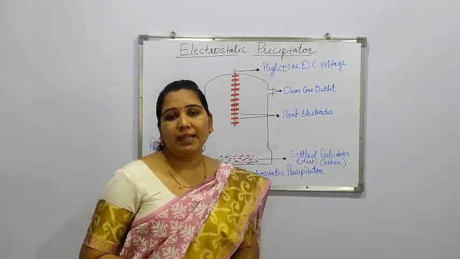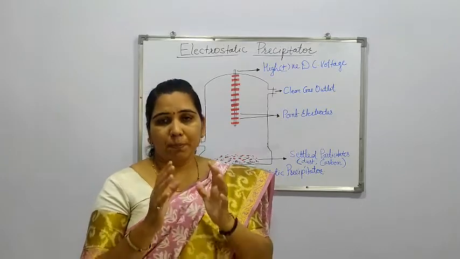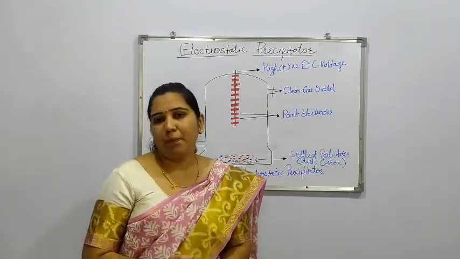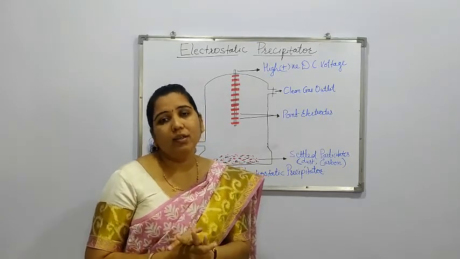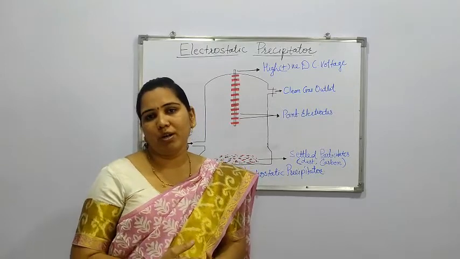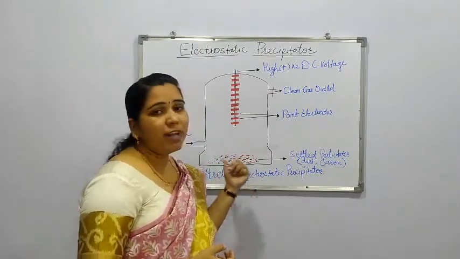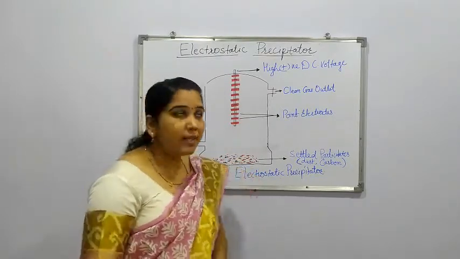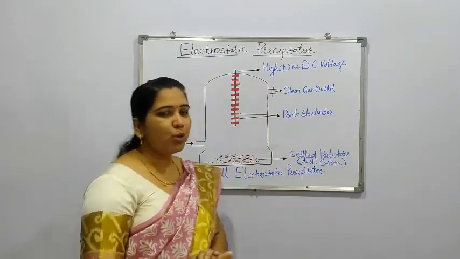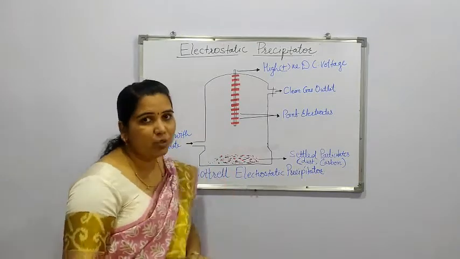Now we can see that this is a particular device which is used for cleaning the air. What type of air is particularly cleaned here? Air which has more and more carbon particulates, because it requires negatively charged ions. It is because the electrodes have a positive potential, which we have already used.